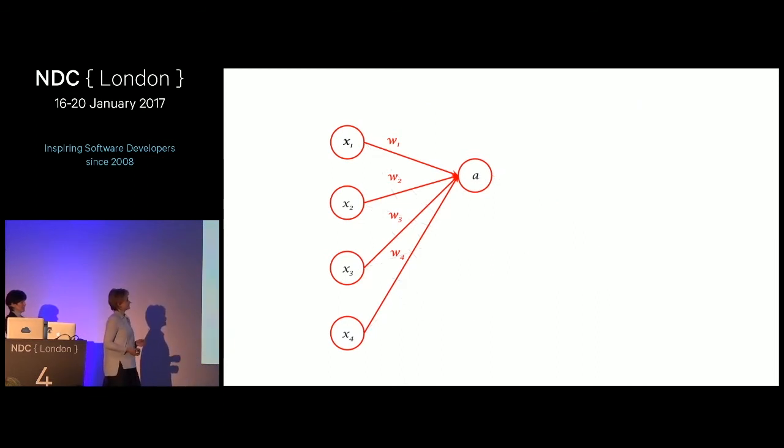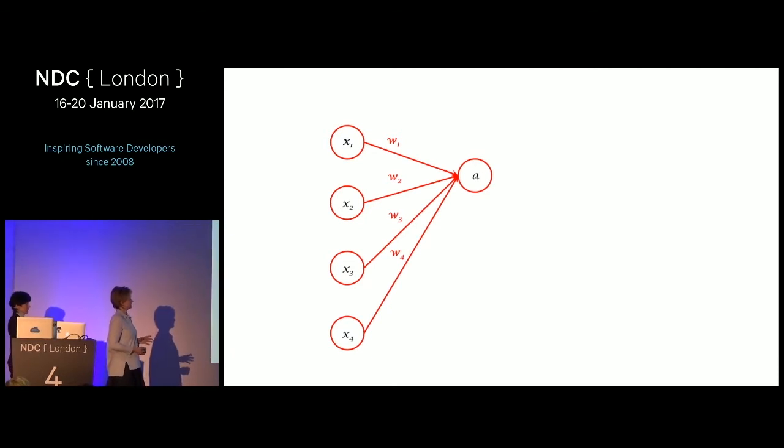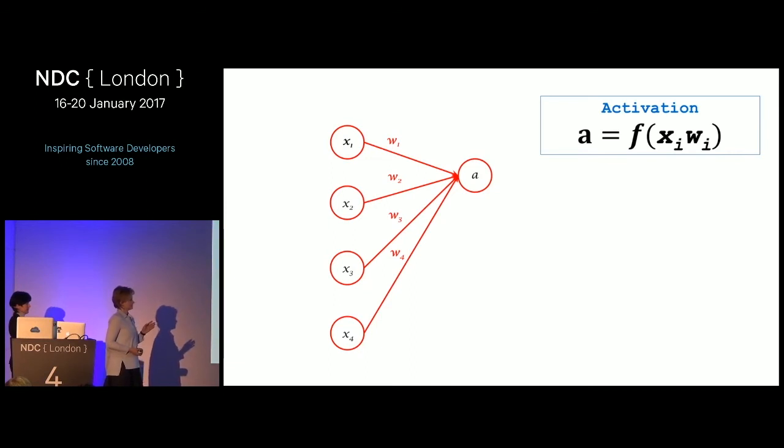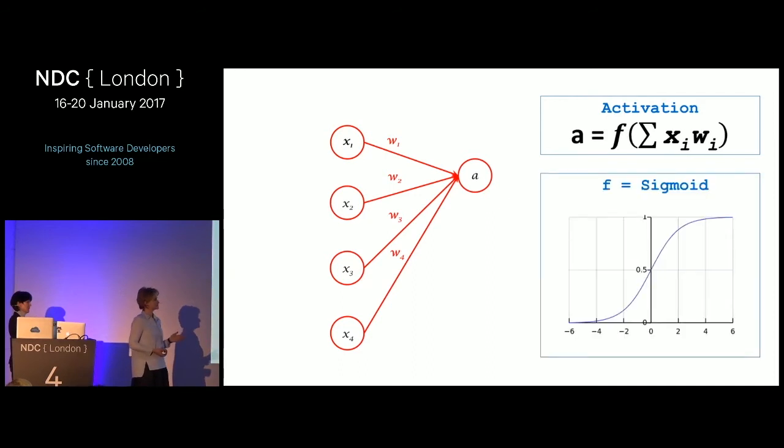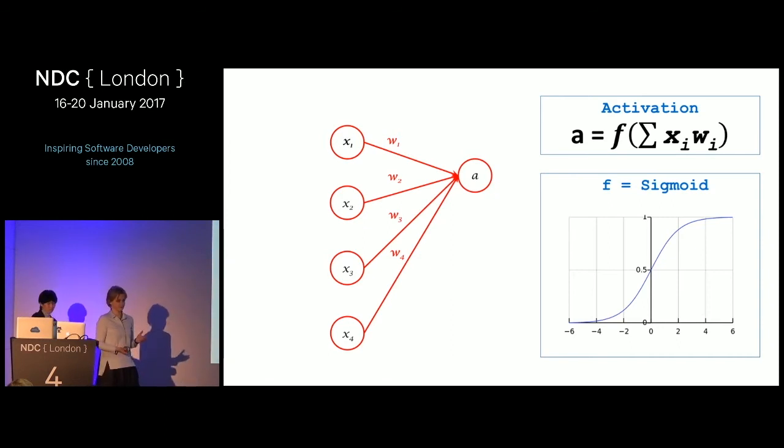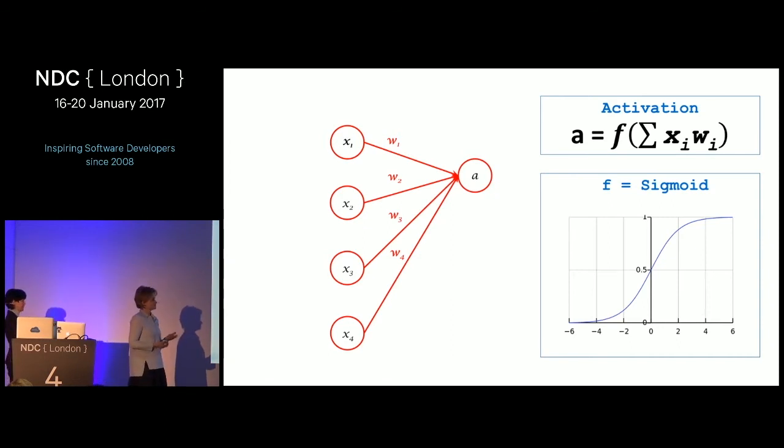So let's consider just one unit, what's happening in here. A is our unit that we want to calculate, and we call it activation. So what we do, we apply some function that is based on the previous layer and weights. And we apply that function to the weighted sum of the previous layer nodes. In this case, it's input nodes x1, x2, x3, x4. And then we have a weighted sum of it, and then we apply some function to it. The function applied is very often the sigmoid function, for example. It could be another function, but I've just chosen sigmoid for simplicity.